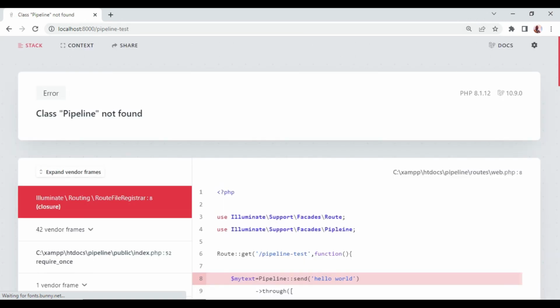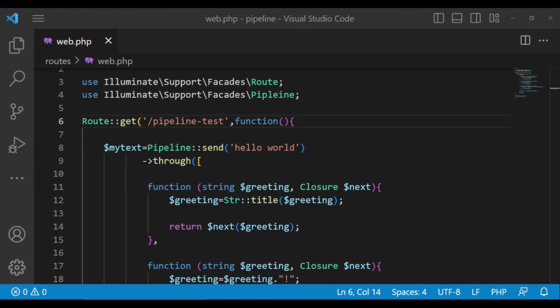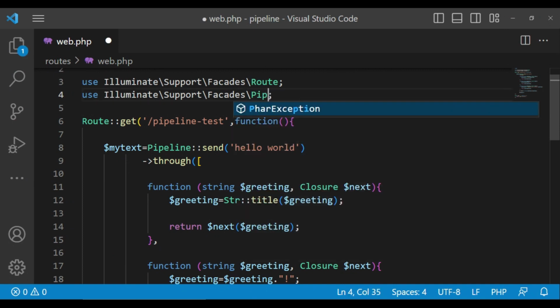It's loading, and you can see it says class pipeline not found. So let me check again how I have imported, because I think that is where we have an issue. Yes, I can see I have mistyped something here. I've written my own things, pipeline, like that, and I think that's the reason why we were having the error. So let us refresh again,